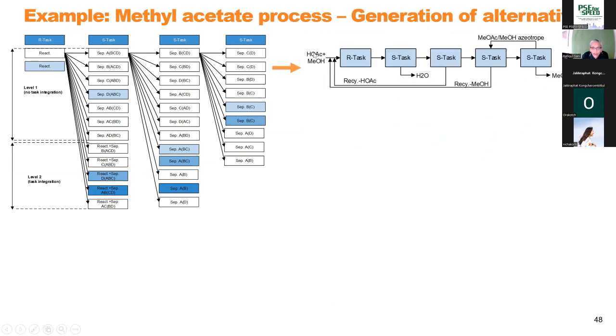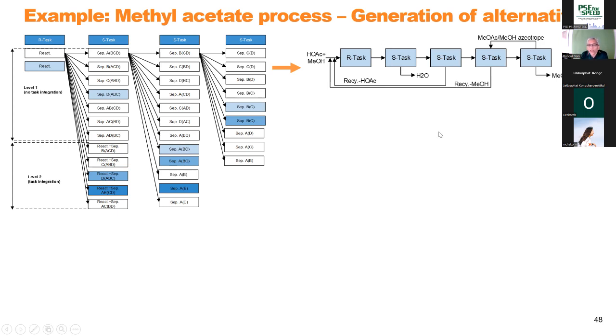And we take one of these as an example. So here is one example. Acetic acid and methanol come to the reactor. Then we have a separation task where we take the water out. Then we have a separation task where we take the acetic acid out. So water and acetic acid, the acetic acid comes back. Then we separate methanol. Methanol comes back. And then we separate the product, methyl acetate. So one of the products, water, is taken out here. Another product, methyl acetate, is taken out here. So this is a simple flow sheet, much simpler than the one before.